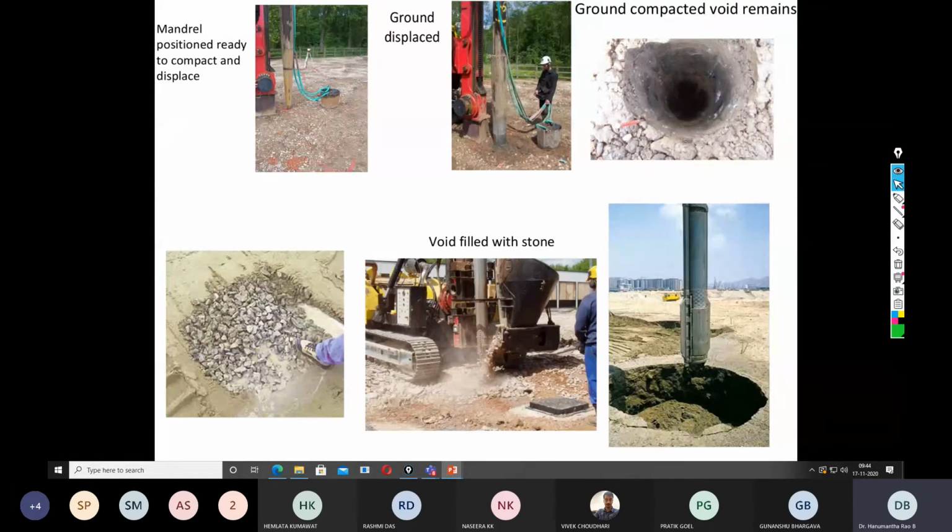So these are some realistic pictures. So this is the vibro probe. This is a probe or mandrel, whatever it is, that is inserted into the ground. So during the insertion, it creates some kind of void space. So this is a void space, and this space is filled with the backfill material. In fact, this backfilled material is also further compacted using the vibratory probe. As you can see, this is a large void that has formed because of the densification of the in situ soil.